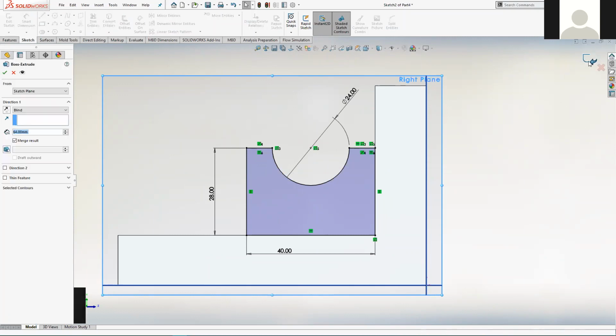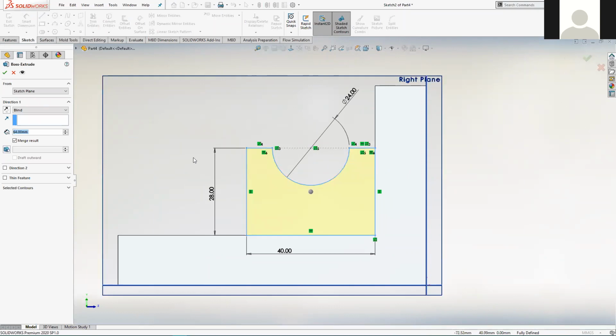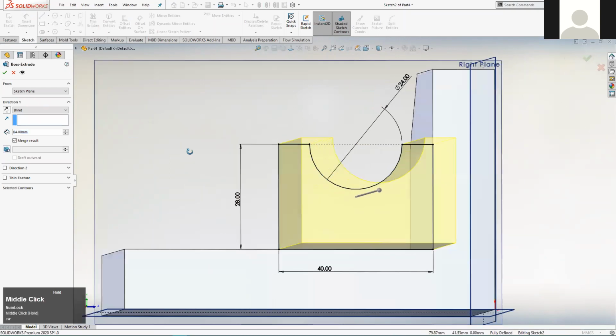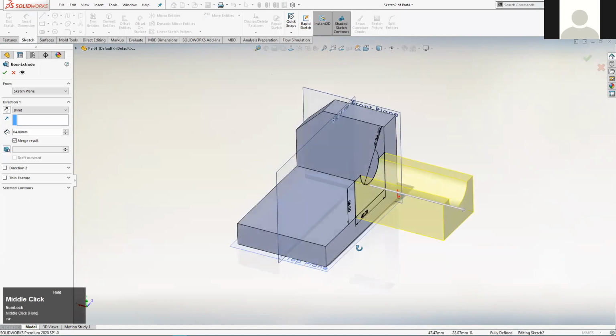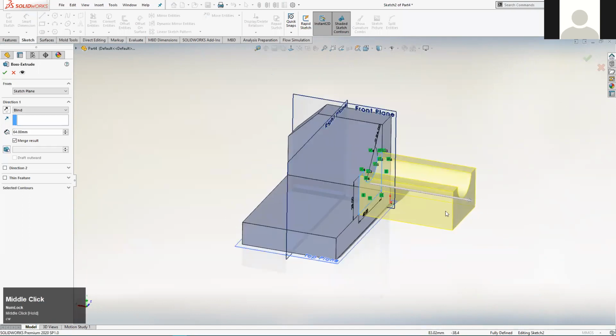by clicking on the blue icon. Then we get a preview, but it's a little bit hard to see what's happening, so I'm going to rotate my view a little bit. It's gone in the wrong direction, so I'm going to have to correct that by clicking on that reverse direction button just under the direction 1